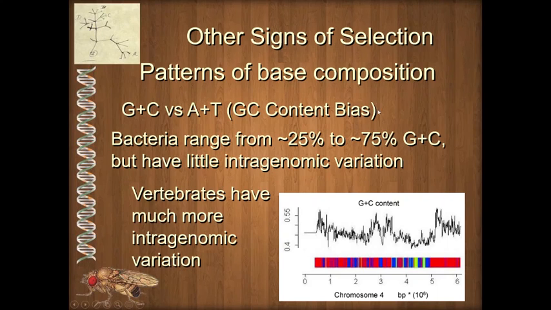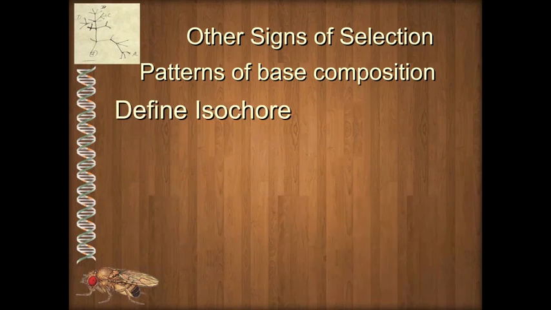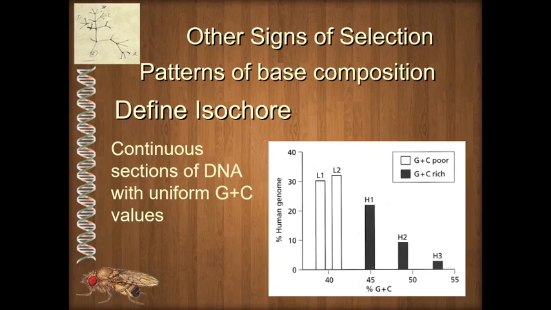If, however, you're living in an area where we need less stable DNA, where we need to be able to open up and access genes or replicate DNA more easily, maybe a very cold environment, we would need a lower GC content, and over time it's been selected for, and that increases the efficiency of any process that needs to unzip the DNA. Okay, so we've identified these isochores in different